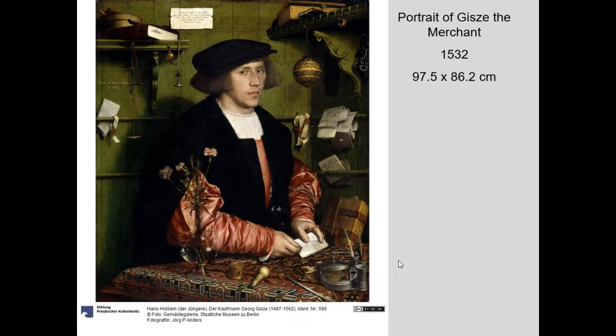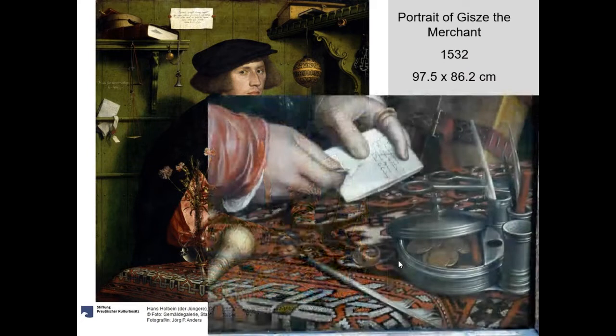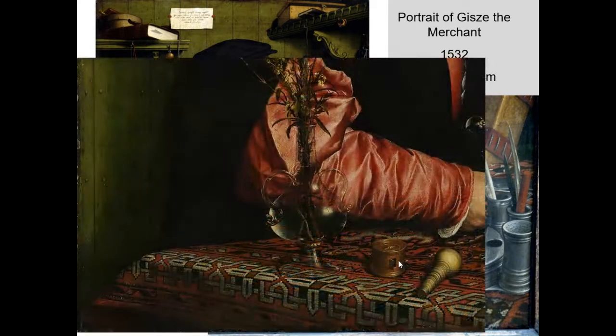The fabric looks different from the paper, which looks different from the metal and the glass. It's a master class in replicating what the world really looks like through careful use of paint, especially when you see some of these items up close. It's kind of astonishing to think that this isn't a photograph, that this was painted by a human being. It's just astonishing in level of skill and level of detail,